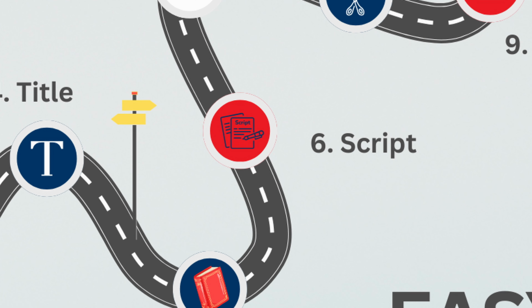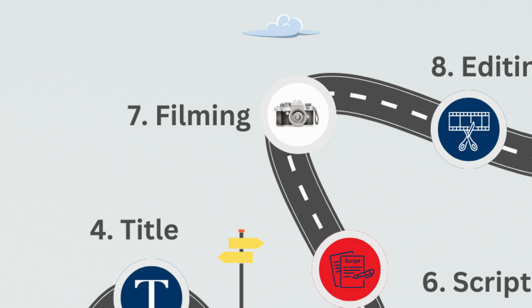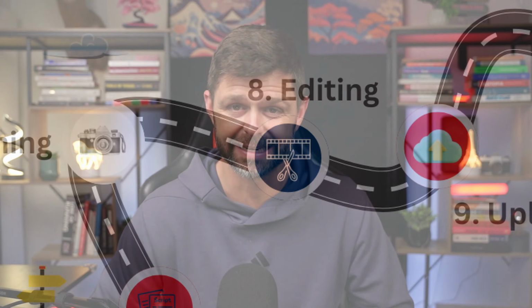Then in step 6, if you are scripting out your videos, you want to add all the structure and flow and everything that you want to cover in your videos here. Once we've scripted out our videos, we can move on to step 7 and start filming your videos. And then once you've done the hard work of filming, we can jump into our computers and start editing your